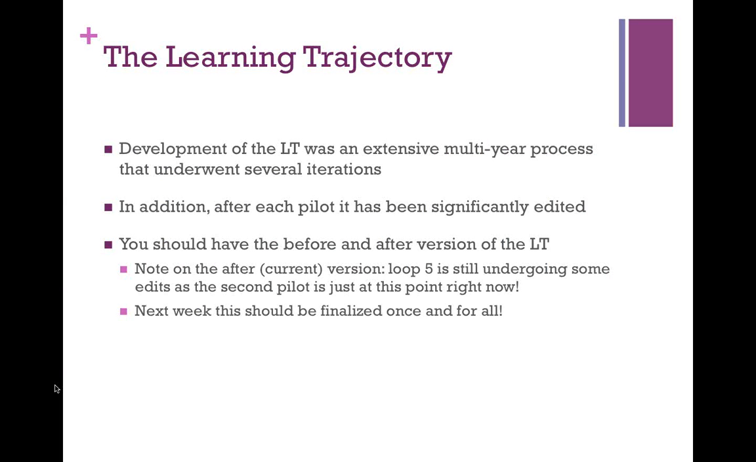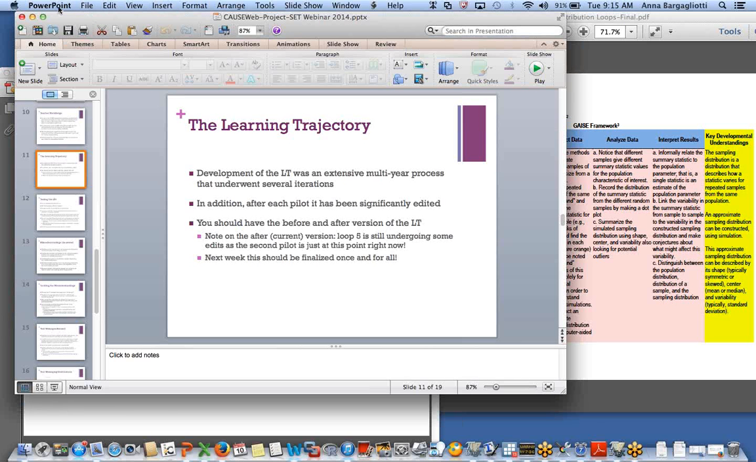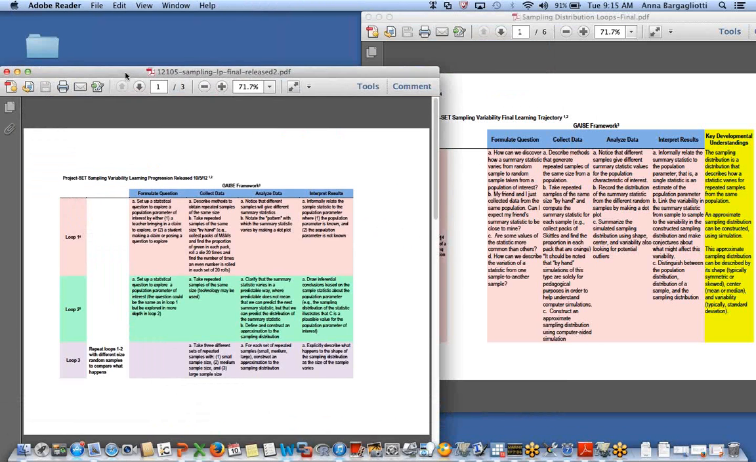The after version says June 2014 at the top, and I'll go through them in a second and pull them back up. But note to self that the after version, which is really the current version, the 5th loop or a portion of it, is still undergoing some edits, as the second pilot is just at this point right now. In other words, our second pilot group of teachers finished this learning trajectory last week, and we're in the process of analyzing this last data from the pilot, and then should have the real final one next week for everybody. So I wanted to take a little bit of time to go through this